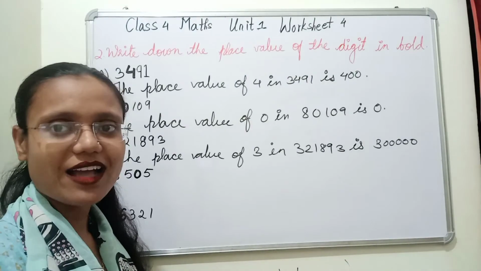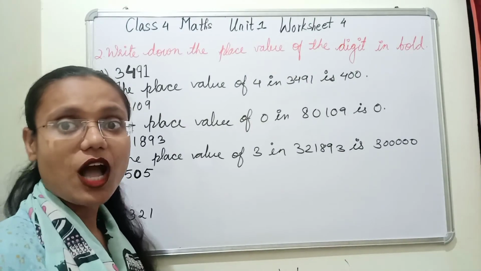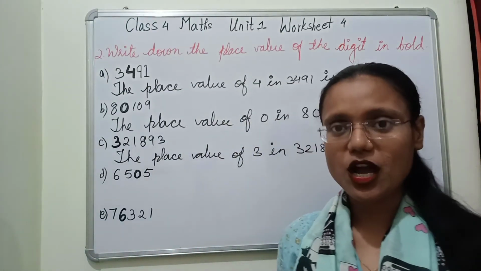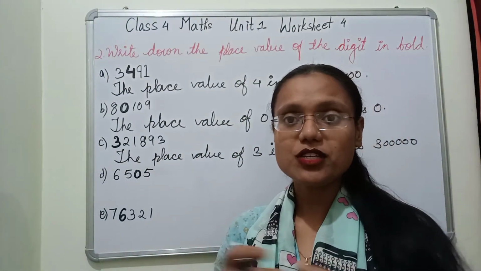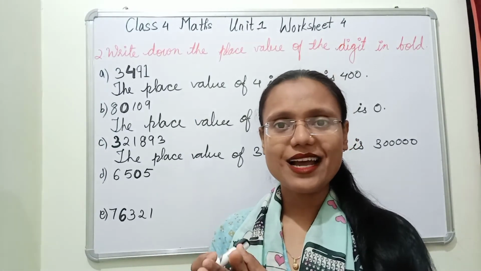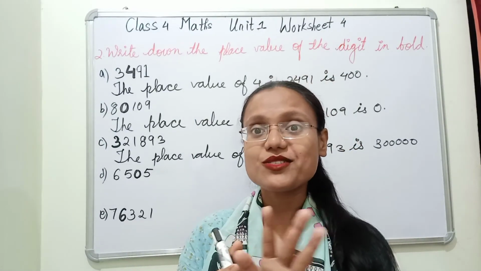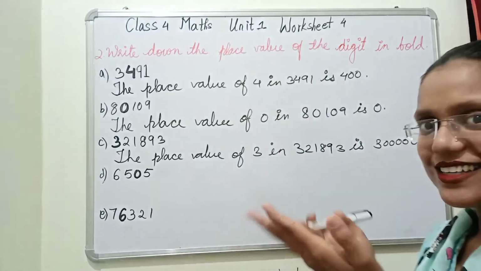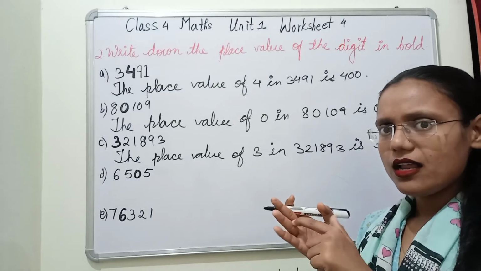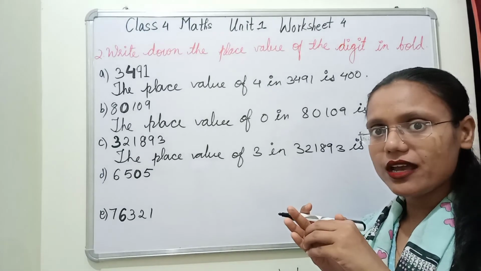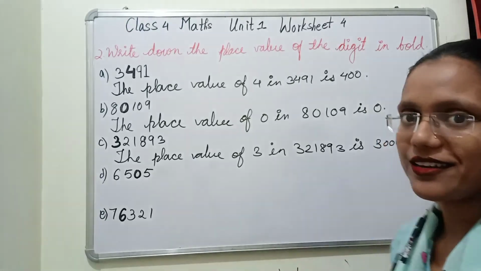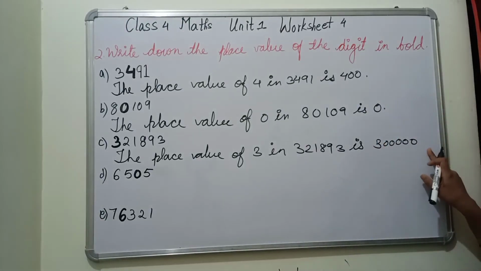3 lakh, 6 zeros. How many zeros are there? That is a very popular question. How many zeros are there in 1 lakh? How many zeros are there in 1 crore? How do you know? Just count the place values: ones, tens, hundreds, thousands, ten thousands, lakh. Lakh has 6 digits. If it has 6 digits, one will be a digit and all the rest will be zeros, so 5 zeros will be there. 5 zeros.